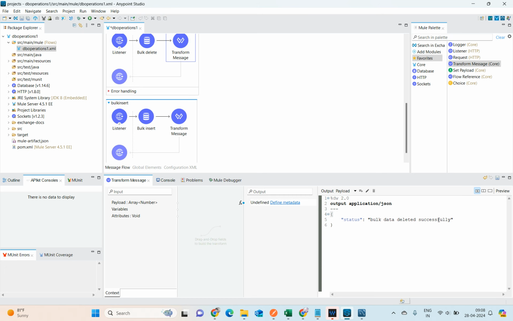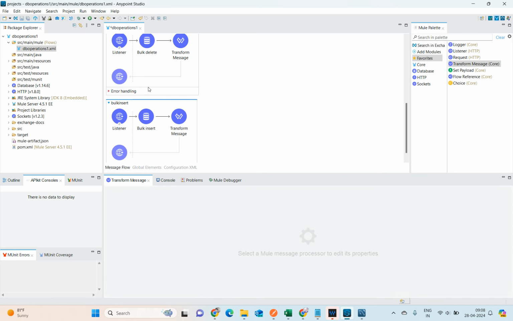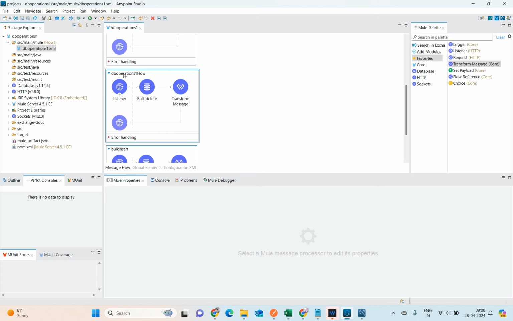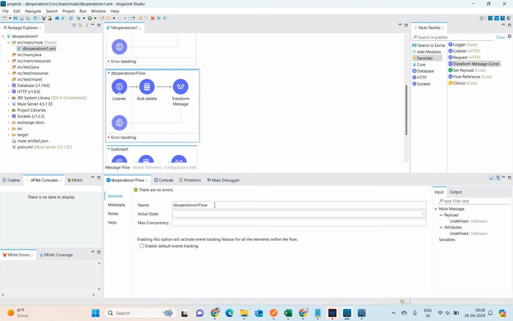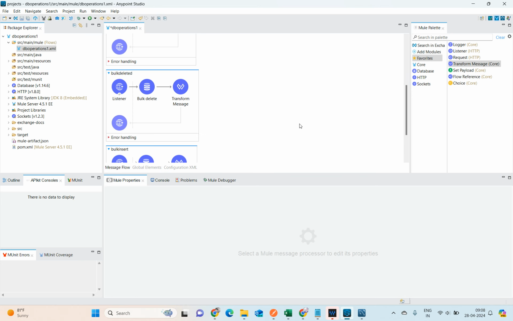Now I'm changing this flow name to bulk delete. Now I'm going to save and run it. Stop it. Once it is running,